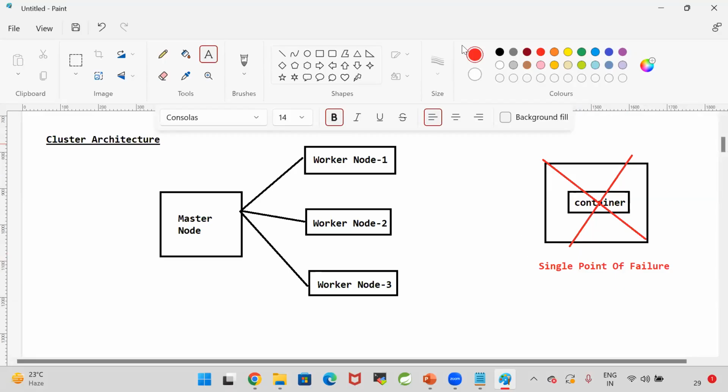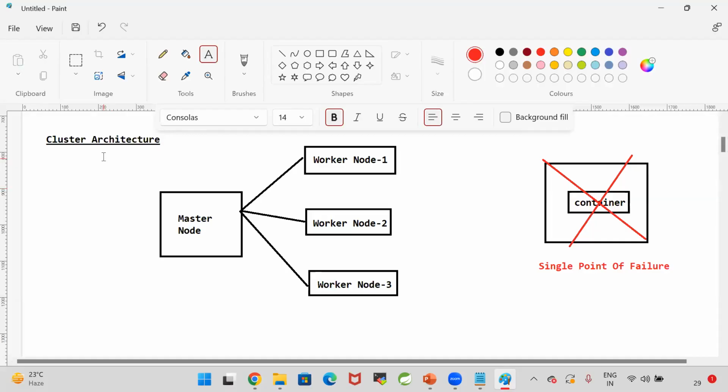So here, is it recommended to run our application in one machine, or is it not recommended? Guys, is it recommended to run our application in one machine? It is not recommended to run our application in one machine. So that's why in real time, our applications will be deployed in a cluster.